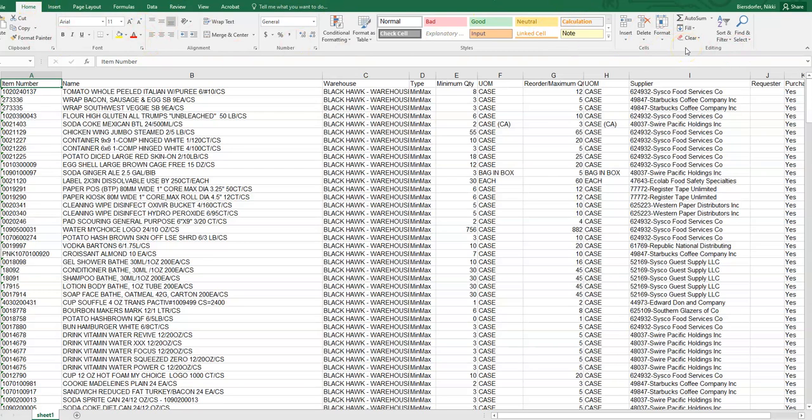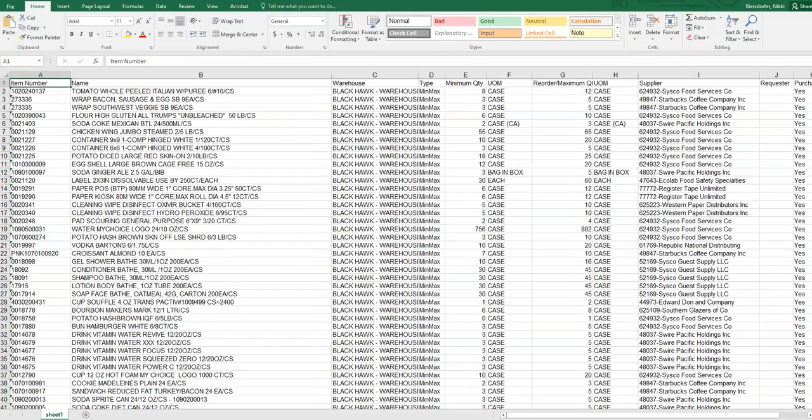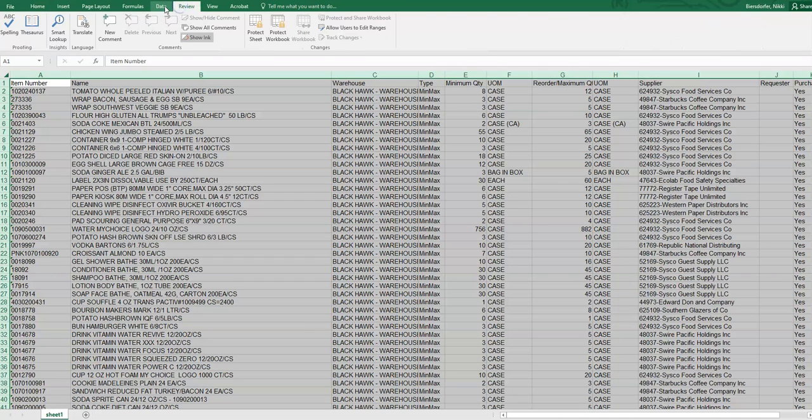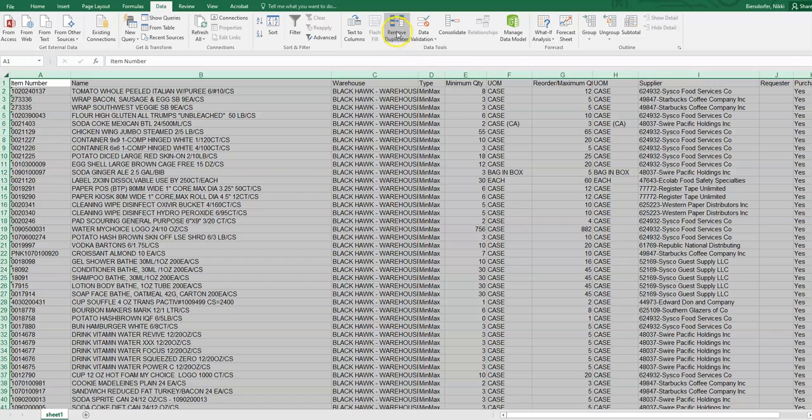And basically what we're going to do is we're going to highlight our page. There's lots of different ways to do this, but I'm going to show you guys probably the easiest, at least for a novice Excel user like myself. We're going to click this button here and we're going to make sure the whole sheet is highlighted, okay? And then what I'm going to do is I'm actually going to come to data and I'm going to click